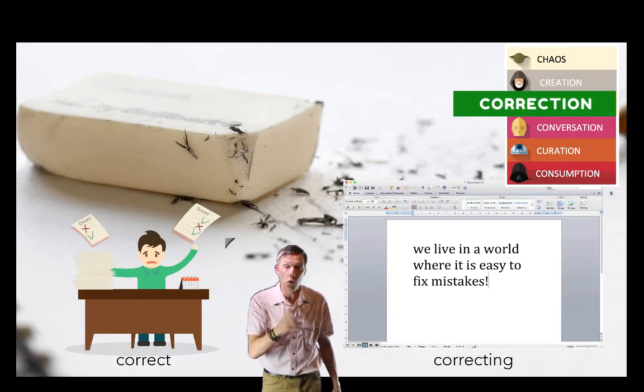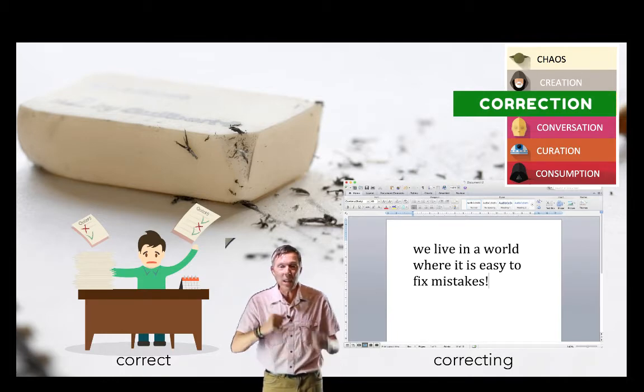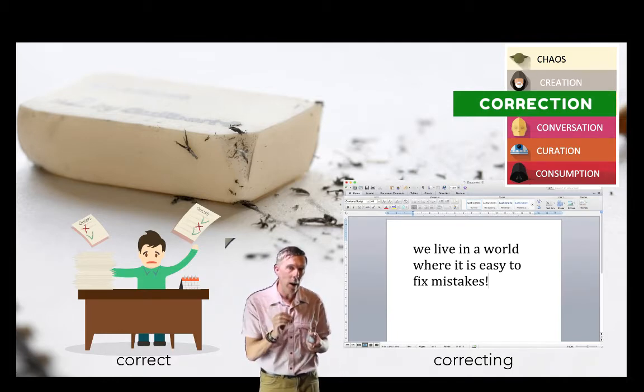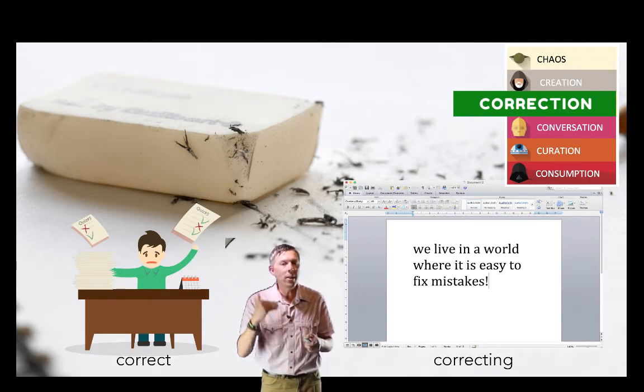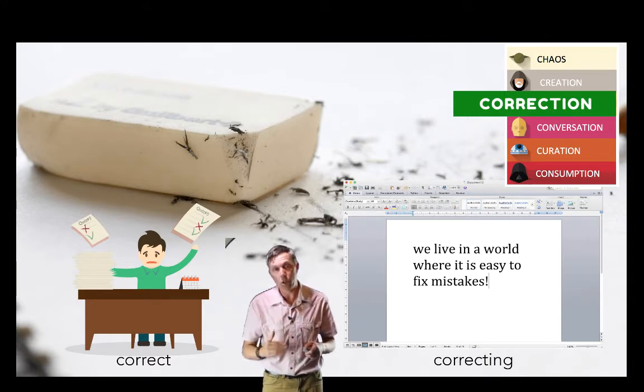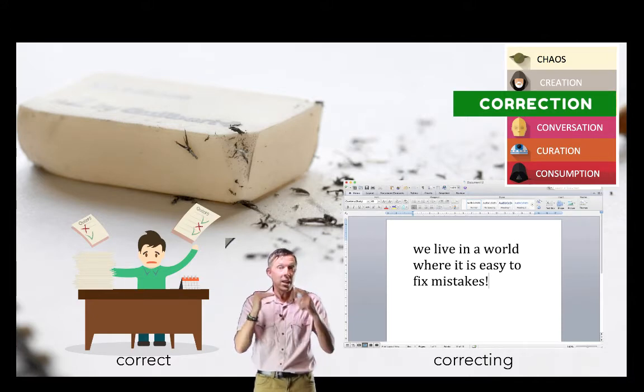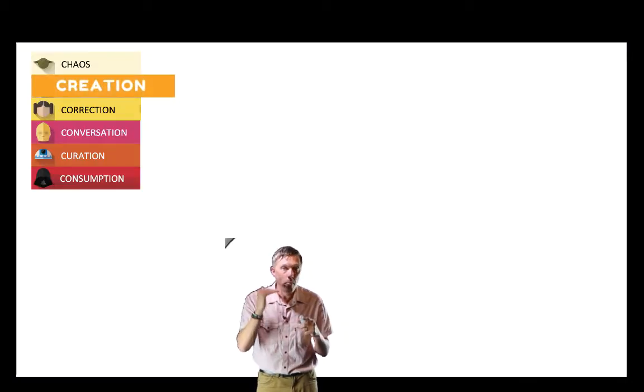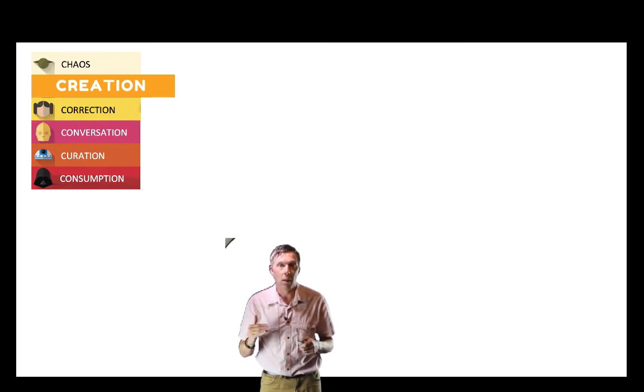When we start to use tools like wikis and others like Google Docs that allow us to encourage our students to learn through correcting, we are engaging them in one of the most powerful learning approaches that is possible in our digital world. And so we move up and we're getting higher and higher. And as we get to these higher layers, it starts to get more and more powerful, and it starts to get more and more active as we hit the layer of creation.